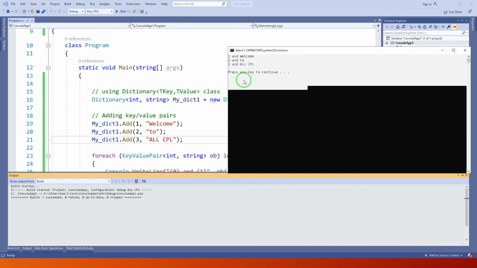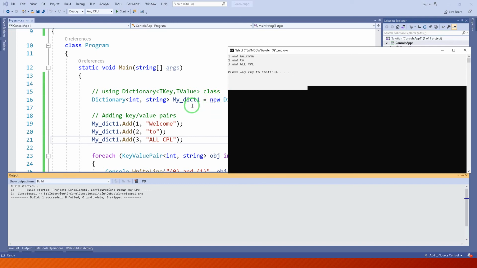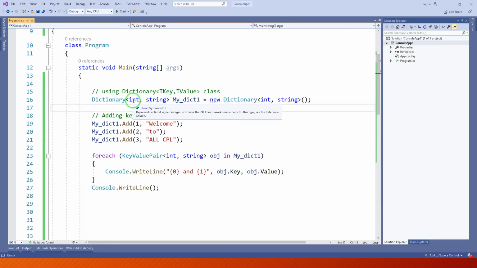This is one difference. And the second difference, in case of hash table we can add any type of data, but in case of dictionary we define the type of key and type of value. In this way we can add key value pairs.